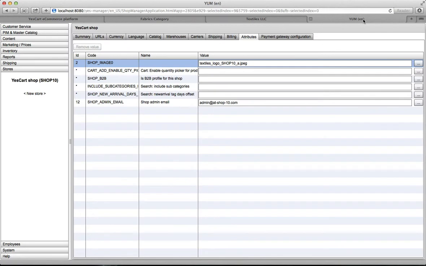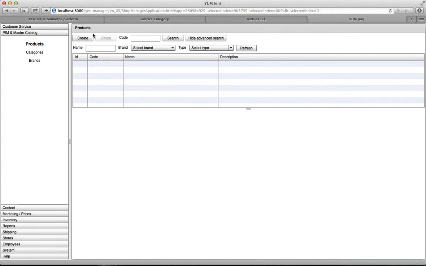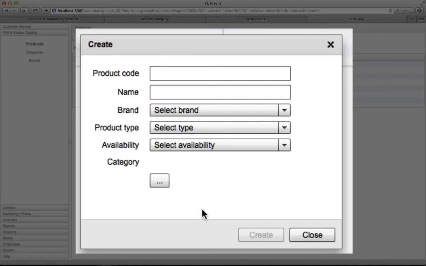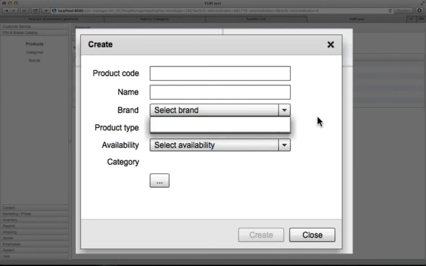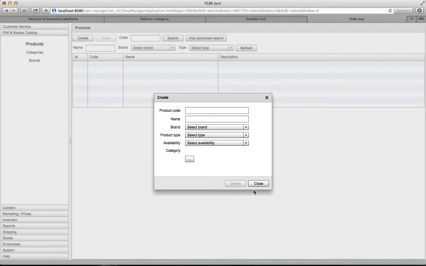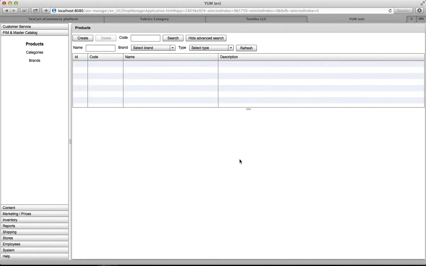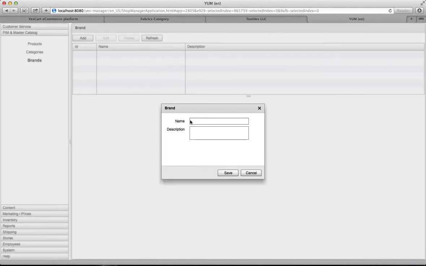If we navigate to Yum and then product information management, product section, if we click create button, we can see that there are some mandatory parameters. We've got categories, we have choice availabilities for the product, we have two default types, which are called default accessory and default product, but we probably want to add our own type. And we don't have any brands, so before proceeding with creating a product, we need to create brands and create product types. So we go to brands and add a